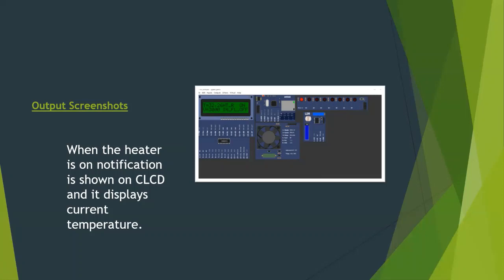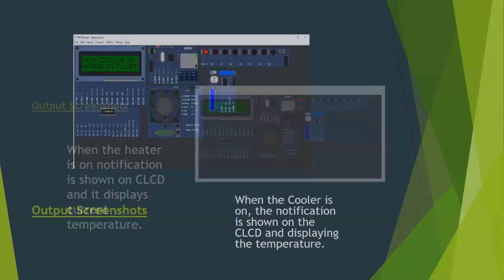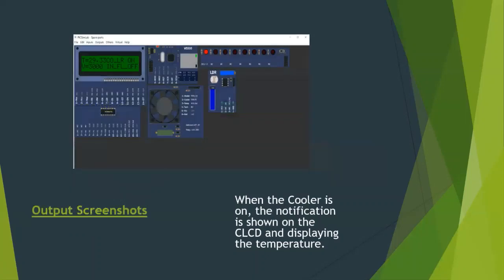It's on. So next we have a condition where the cooler is on and the temperature is 29.33, and cooler is on is displayed on CLCD